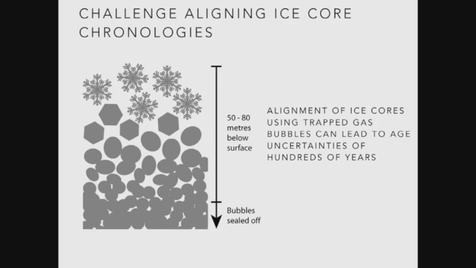And one of the big challenges we've got is when you're putting ice cores together, when you want to link a Greenland to an Antarctic ice core, one of the primary ways it's done is using gas changes in carbon dioxide and methane, big fluctuations that are preserved in the ice, and then linking the patterns together. And the challenge has always been that as the snow falls and turns into ice and is compressed, it takes some time before these gas bubbles are isolated from the atmosphere. And they're often offset quite a bit, by up to several hundred years, from what's going on at the same level at which climate is preserved in the ice. So you've got this uncertainty straight away of how you actually link Greenland to Antarctica.